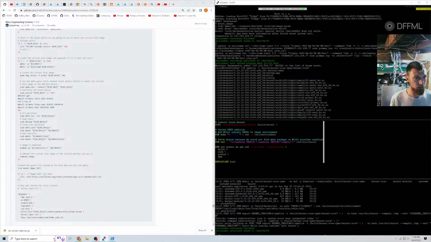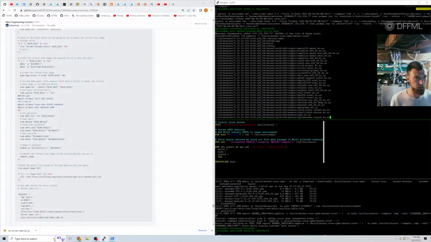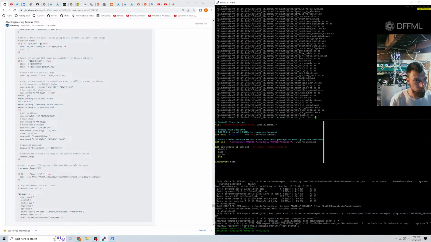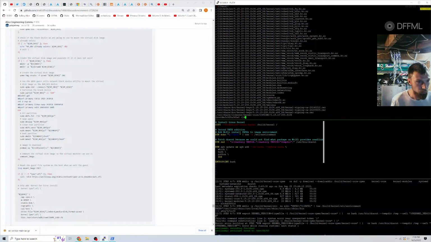Okay, so we want lib modules, right? So we want to know what is lib modules. So let's just do lib modules VM Linux, right? Because